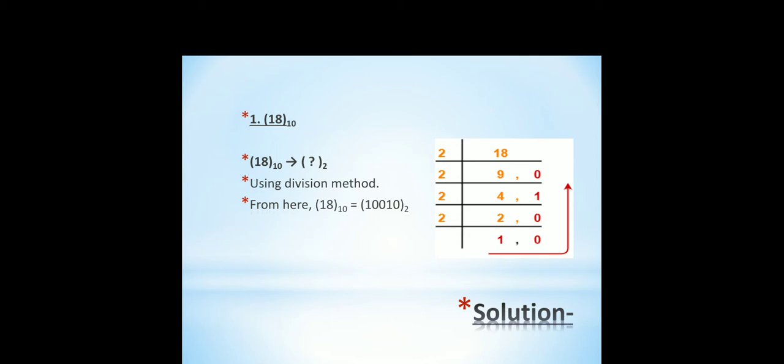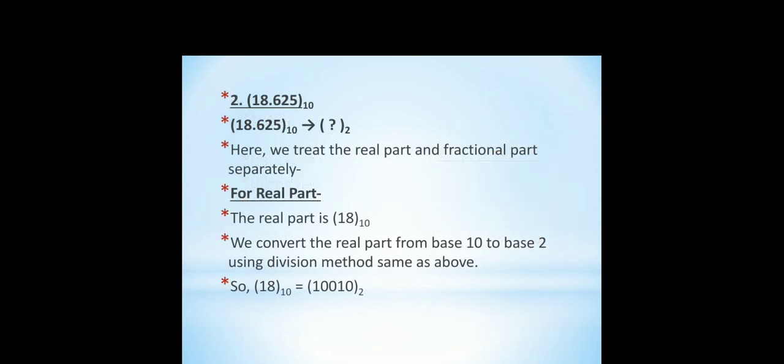Again here you can see 18 decimal becomes 10010 in binary. Okay, the arrow indicates the direction or the sequence of remainders as an answer. So it is taken from bottom to top. So 18 is equal to 10010. Okay, for the fractional part, that is for 0.625, because now we have only seen the 18 example,